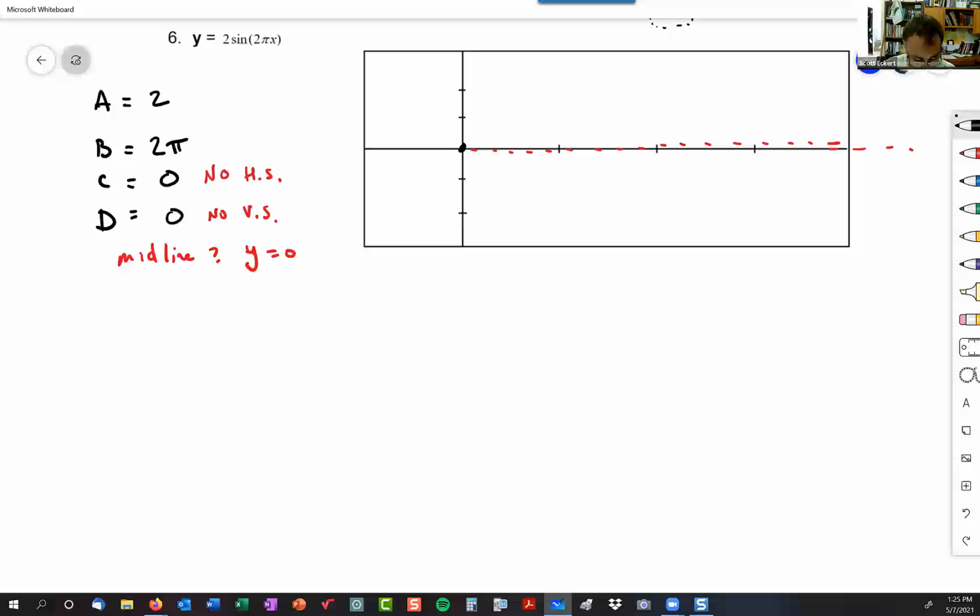So what is the amplitude? 2. Yep, that's pretty direct from A. 2 is also positive, which we got to remember means it's not flipped. So we're going to go up to, I'm going to go back to my orange for the box. Now we're going to go down to